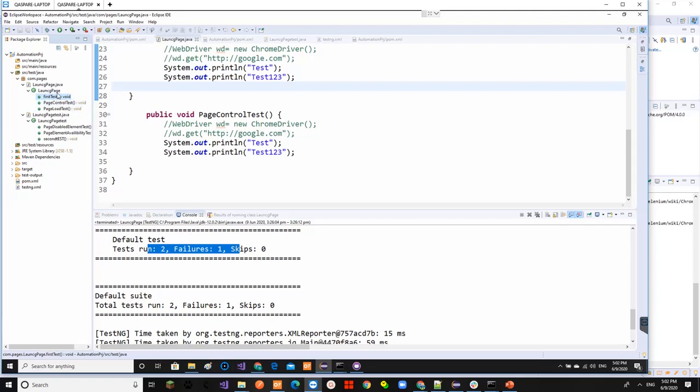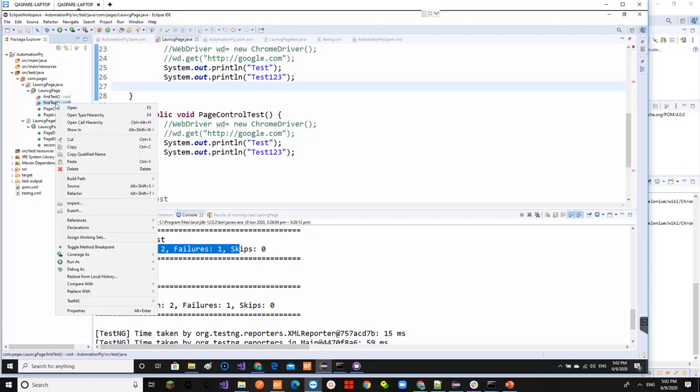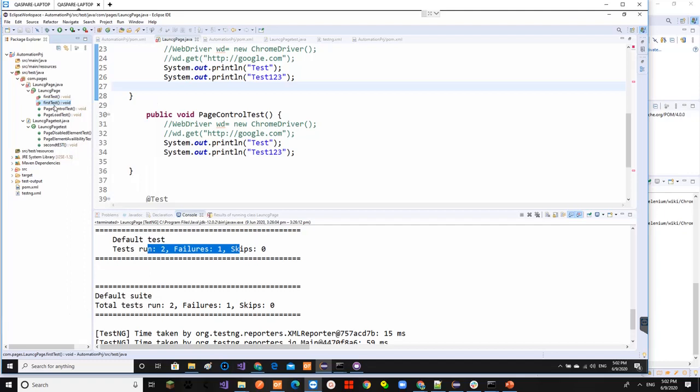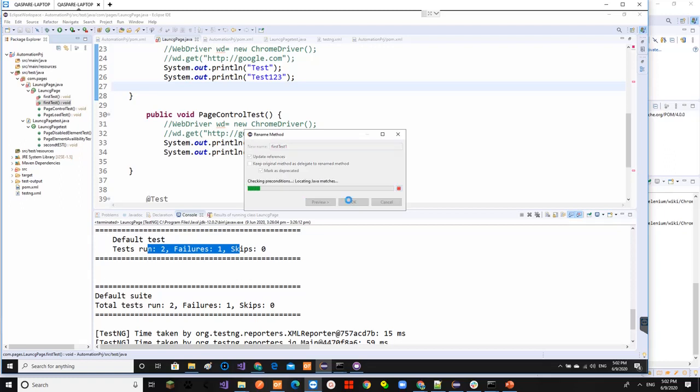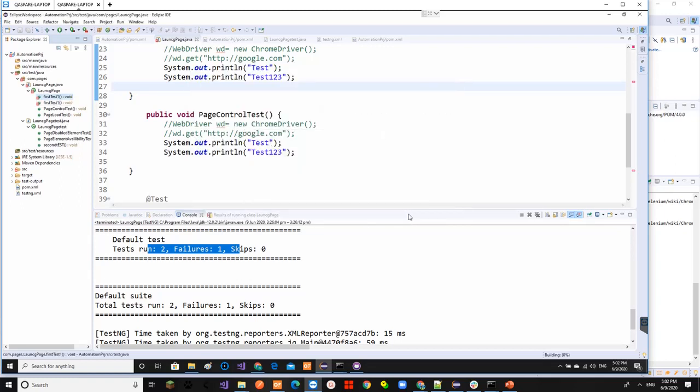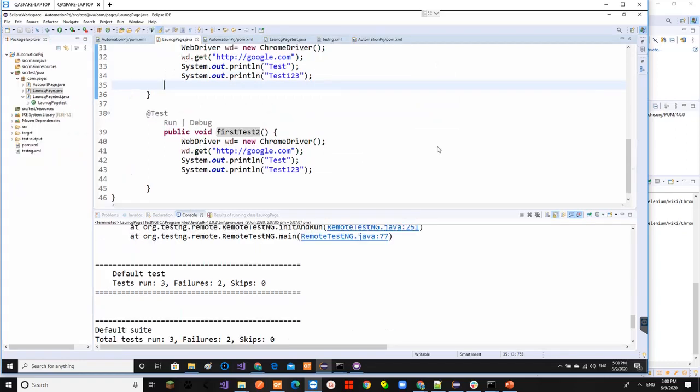Let's do that. I have created one file. In fact, I copied it. So I have added account page tests, and will try to add this additional test into the GitHub repository. Up till now, these two tests are there on GitHub, and this is an additional test which is not yet there on the GitHub repository. We'll try to add it now.